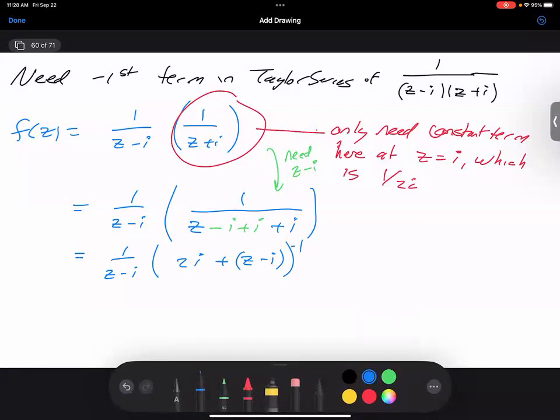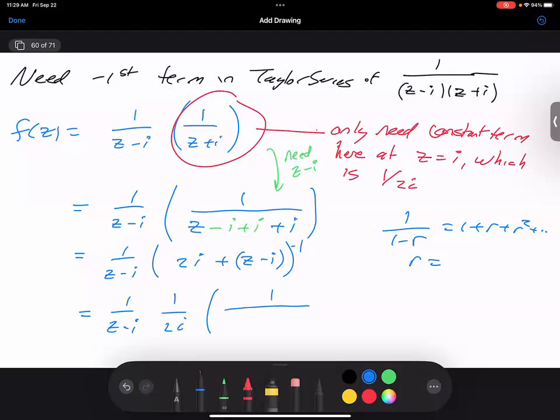Does this look like anything you've seen before? It looks like geometric. So geometric is 1 over 1 minus r is 1 plus r plus r squared plus ... where r for us is going to be what? Almost. Almost. Yeah, so we've got that pesky 1 over 2i. So let's get rid of that first. 1 over z minus i. Then we're going to pull out a 1 over 2i. And then we'll have,